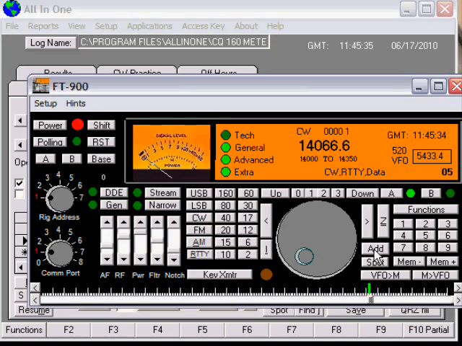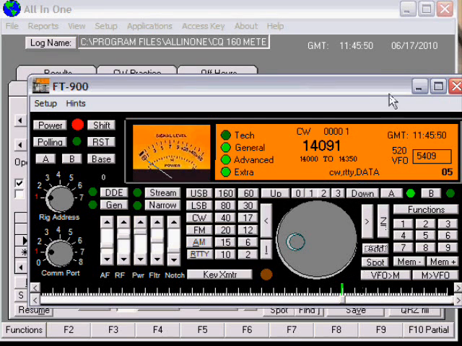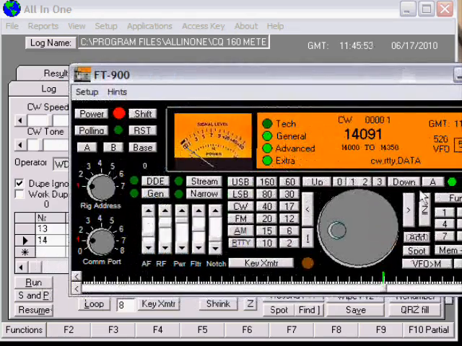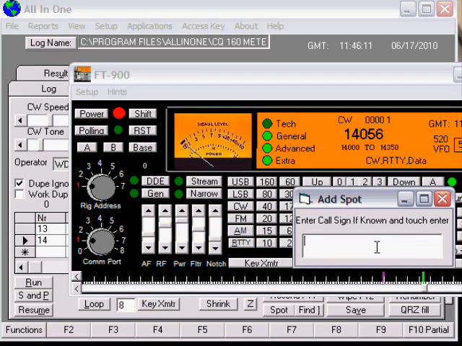So you'd have probably just one person, and then he'd look around. Once he sees a spot or a contact that somebody can work, he clicks on add, puts in the call sign, and now it shows up. If you click spot, it'll show up at the bottom here as a purple line, and anybody will see that since everybody sees the same spot log. So the spotter would just keep looking around for contacts and adding those in,